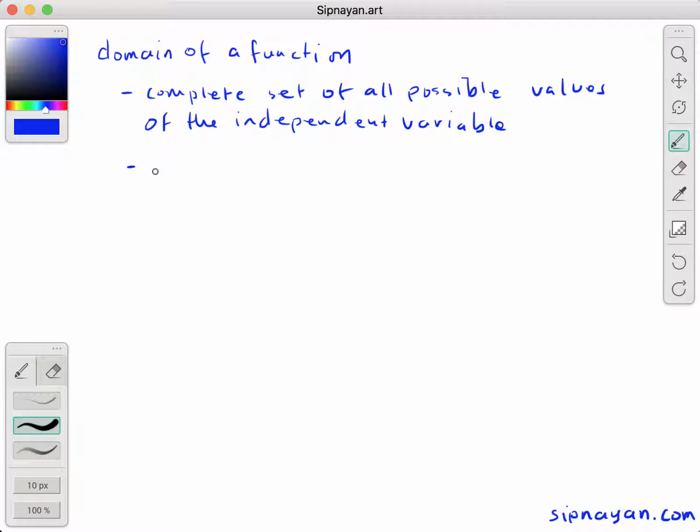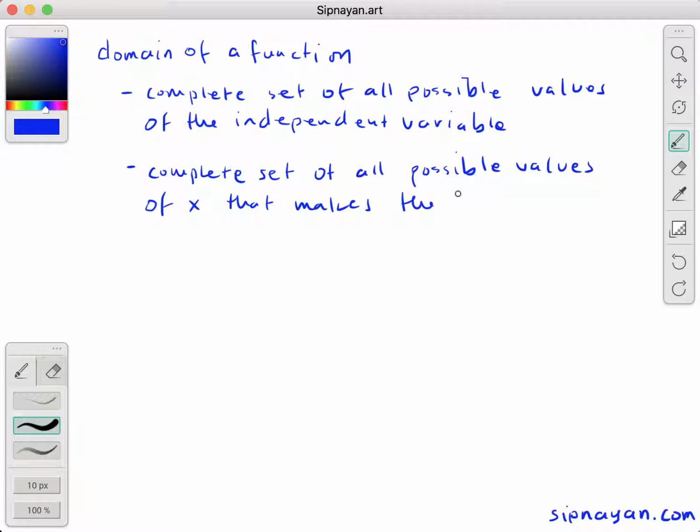So usually pag nasa xy plane tayo, pwede natin sabihin set of all, or the complete set of all possible values of x, no? That makes the function